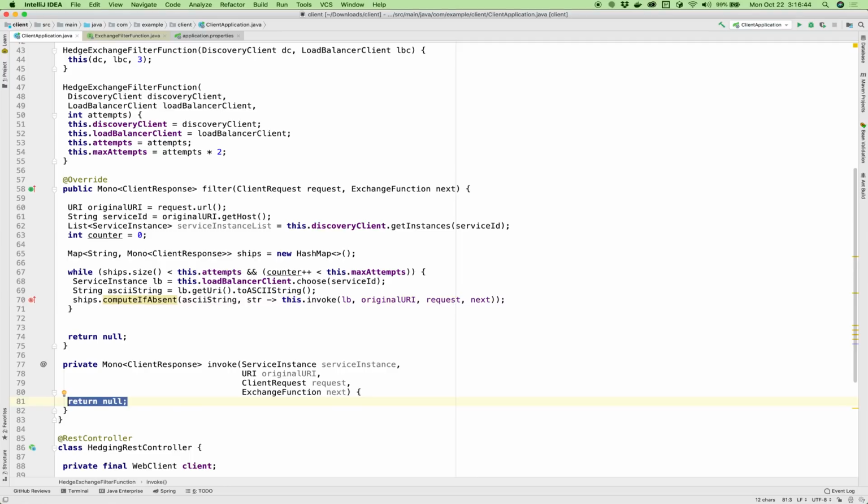So how do we do that? Let's think about this. We've got the service instance, we've got the URI. So we just need to actually make the request, right? This code is more or less exactly what you would have found in the load balancing exchange filter function as well. So we're going to say URI equals this.loadBalancerClient.reconstructURI. So what this is going to do is, given a service instance that we have chosen, and given the original URI, you know, the original URI said,